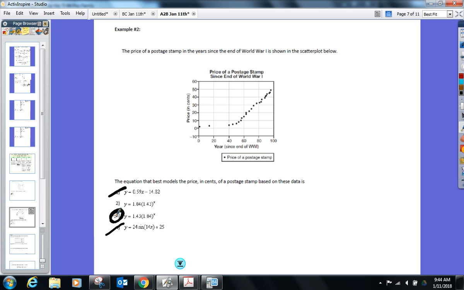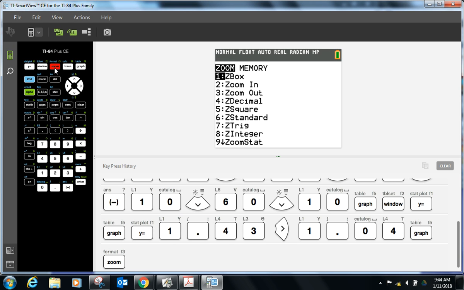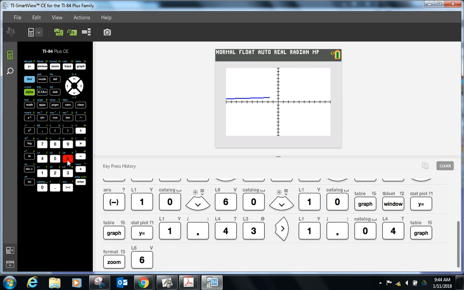Okay. And finally, before I leave this, you do another problem, and maybe you need the graph again. How to go back to your original window settings. Okay, just go Zoom 6, ZStandard. Yep. Okay, and that'll go back to your 10 by 10. All right. Everybody good? Because here now we're going to get, not hardcore, but this is really the meat of